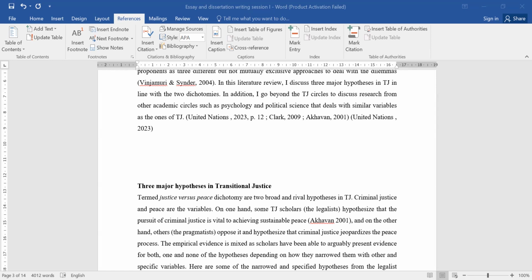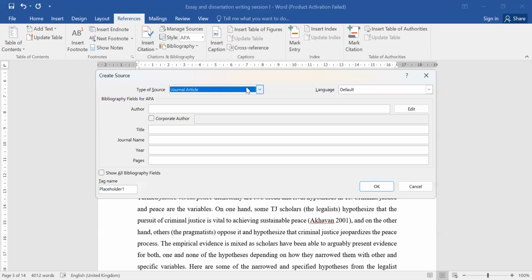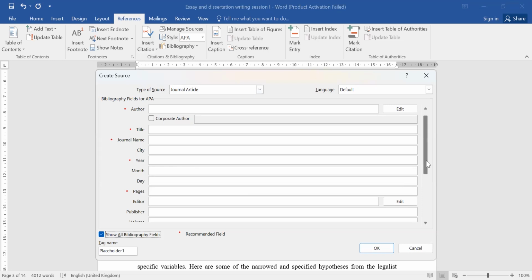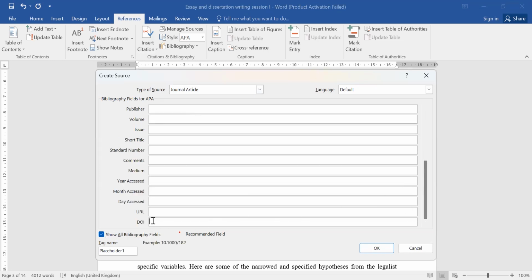So when you see this DOI, you will find it in many articles. Please add it into the citation. Let me show you. Here you see, they ask you to write the DOI. Do you get it? So if you click here, show all bibliography, they will show you the place where to write the DOI. And if there's no DOI for online sources, at least write the URL here, because it's a good way for us to go through the link and get the